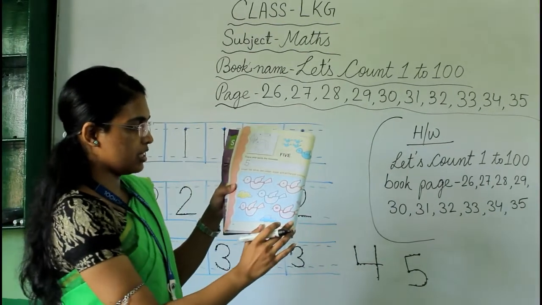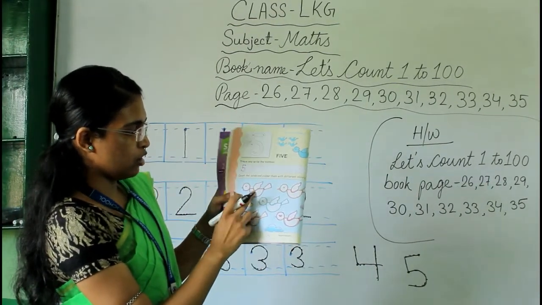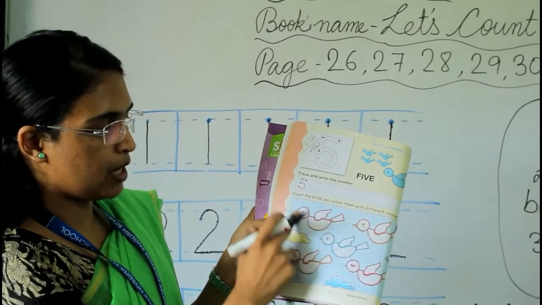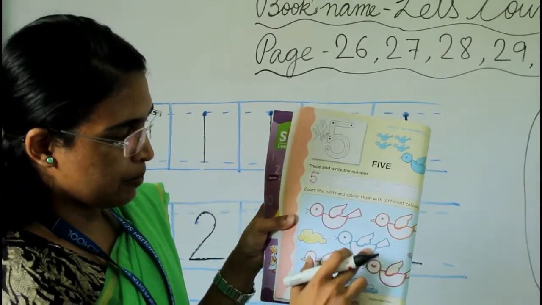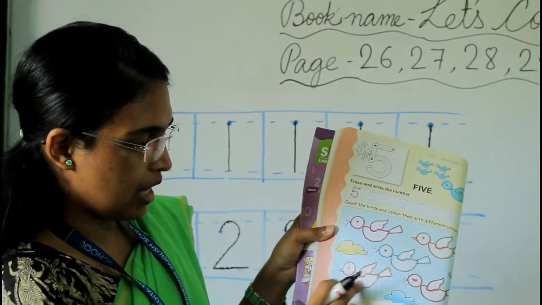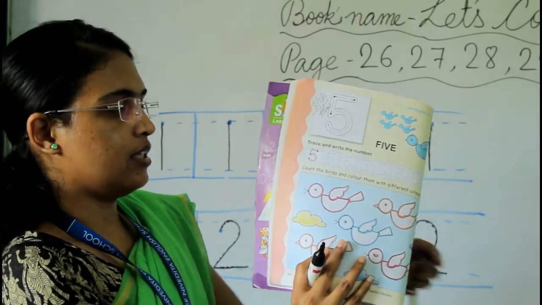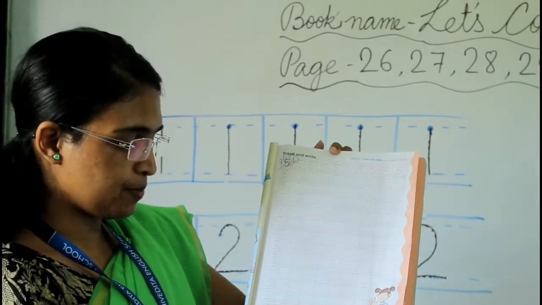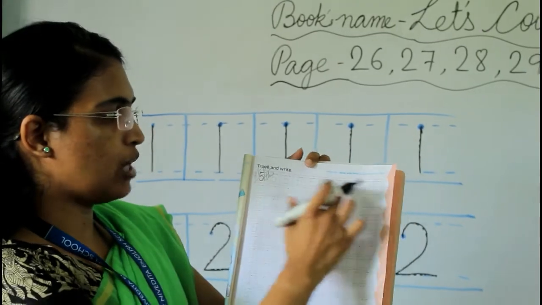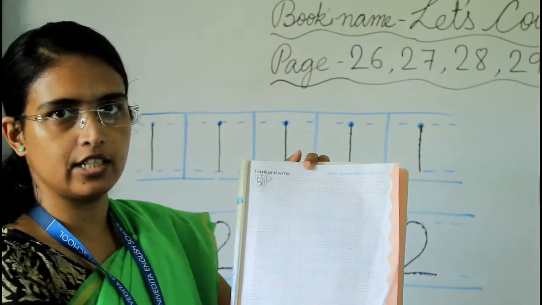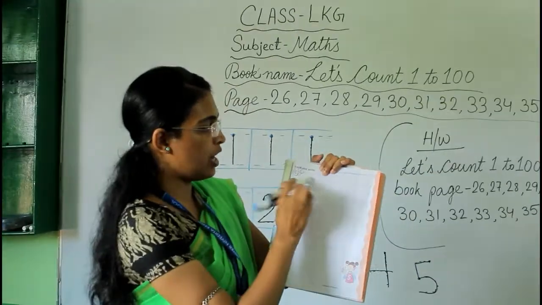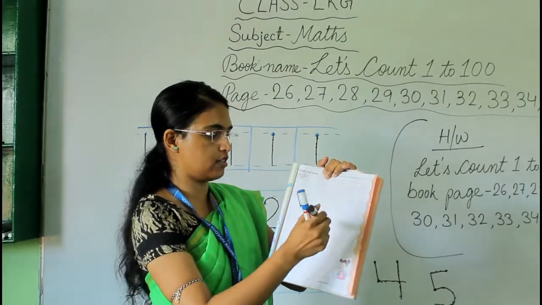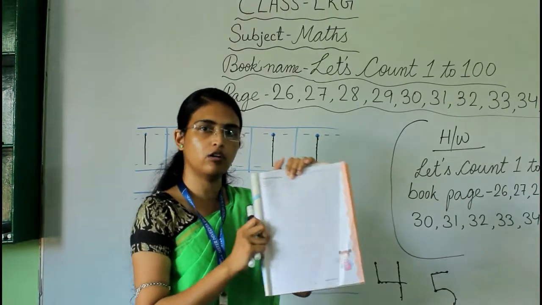Then you have to color this picture. Use orange color, use red color for this bird, this and this, blue for this one, orange for this one and this one. Okay. Then turn the page and come to the next page, page number 35. Here also you have to trace the numbers and write it by yourself. So this page is also your homework.